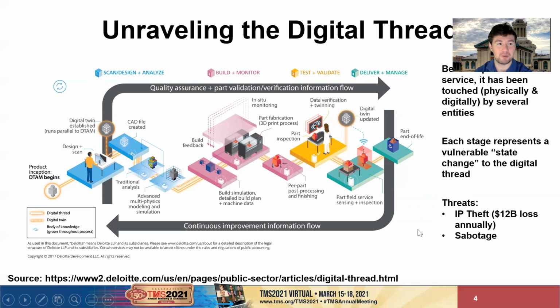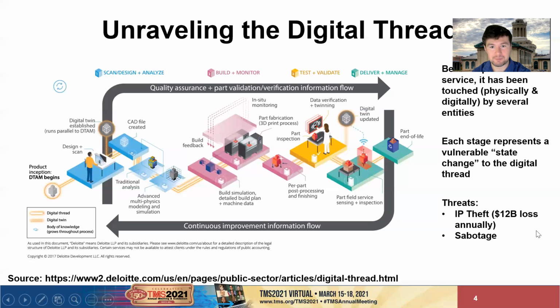IP theft is a big problem in AM and in a lot of manufacturing fields, not only of your design files, but also your proprietary build recipes and even test data. A more malicious potential attack vector is where if somebody knows what they're doing, they could intercept this file, this CAD file or this build recipe, and embed a micro defect that's undetectable by human eye, but eventually results in